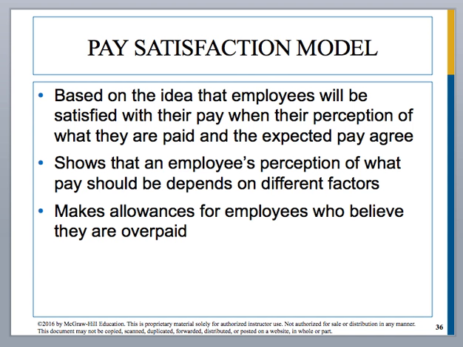And so you have to make allowances for employees who believe they are overpaid, right? Because that can also, like I said, they'll overwork themselves. You can actually create burnout of employees who think they're overpaid. I have never thought I was overpaid, so